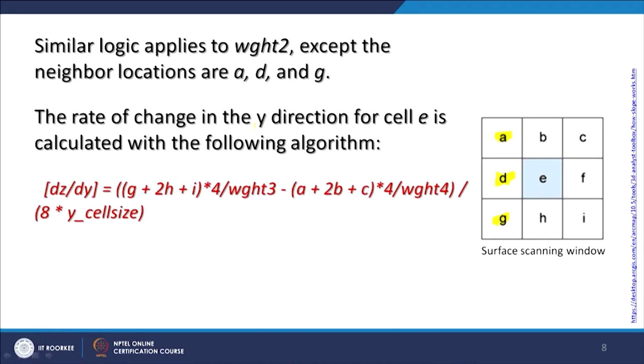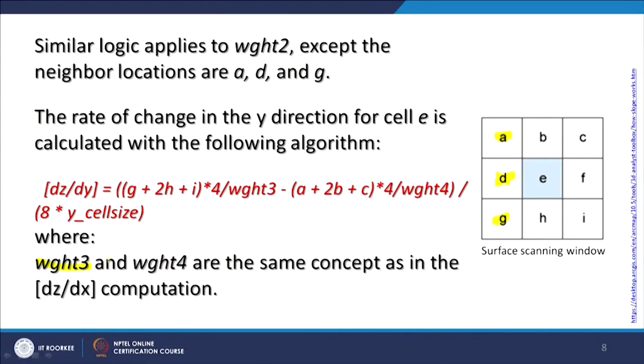So, slope calculations become complicated once we go for assigning weights for different cells of my kernel, and that will obviously bring different results. Again, it will depend on the input, the variations which are present in the input digital elevation model. Here weight 3 and weight 4 are the same concept as in the computation for